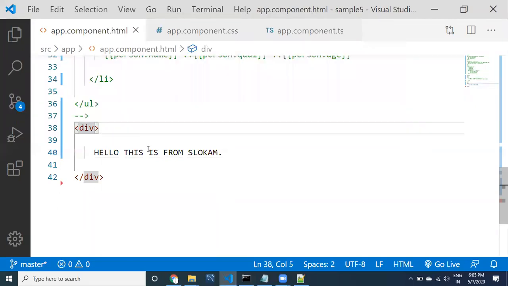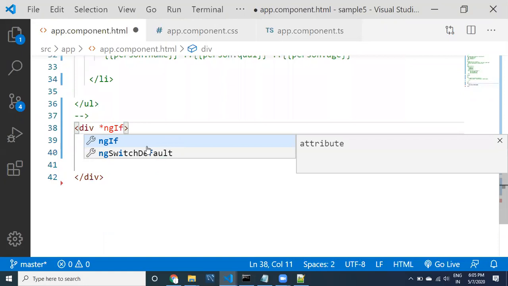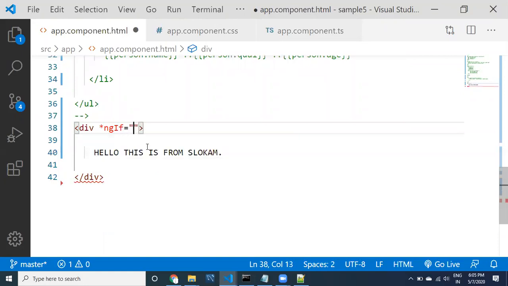What I can do is provide ngIf, and a condition needs to be provided here. If I provide true, just directly providing whether it is true or false, and this condition is satisfied, then it is going to get printed.